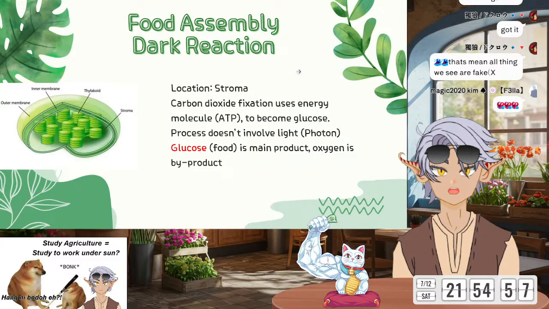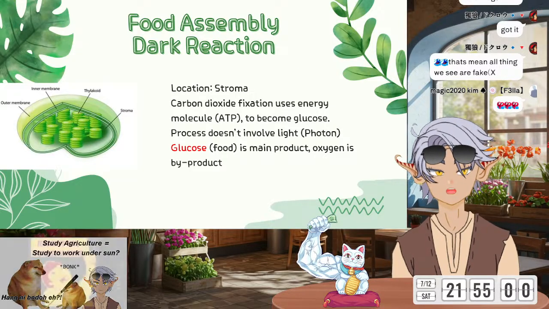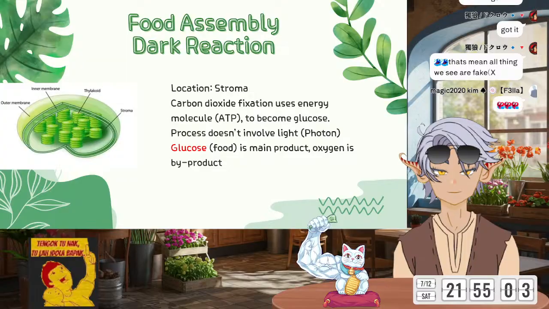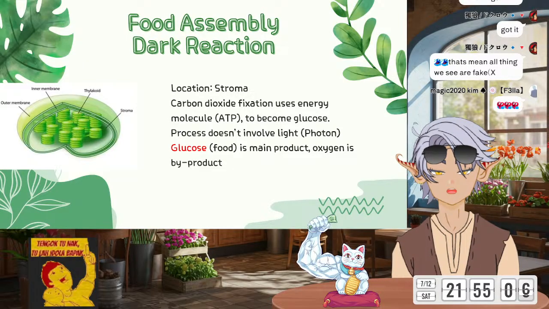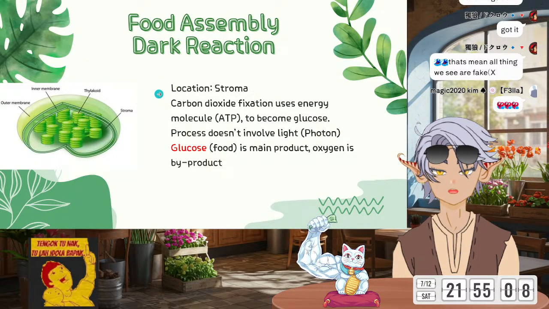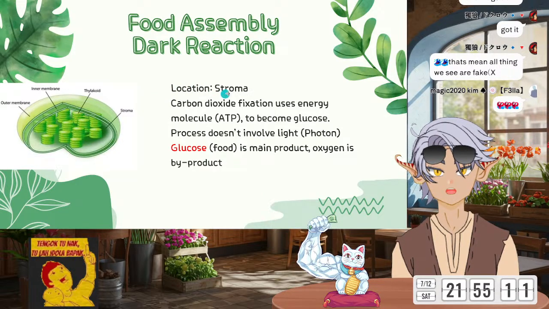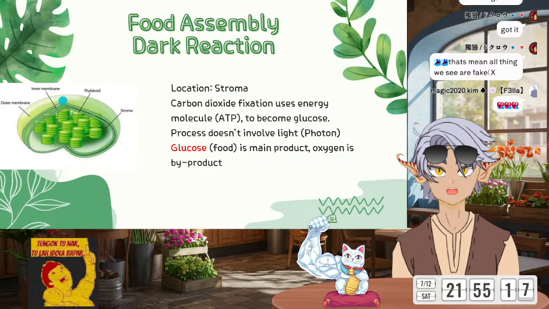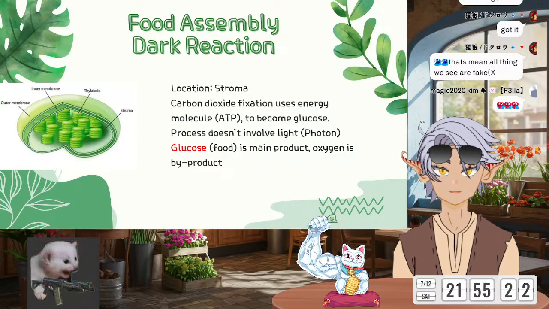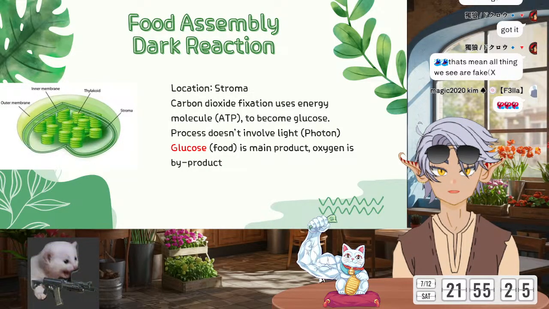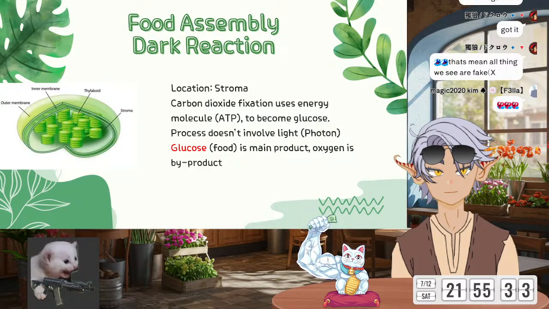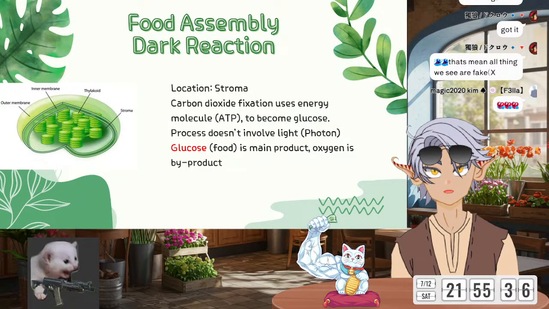If you teach students science and it involves English spelling, stroma and stomata are totally different things. Stroma with R is in the chloroplast, and stomata is located at the leaf where the air opening is, where gases exchange happens. So don't get confused with the spelling. Stroma and stomata are different. Okay, back to here.